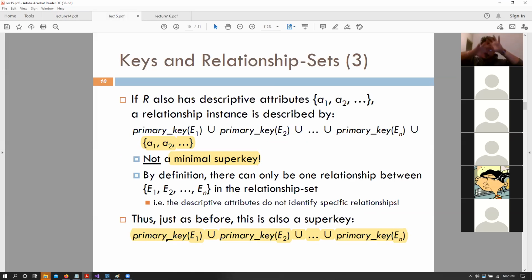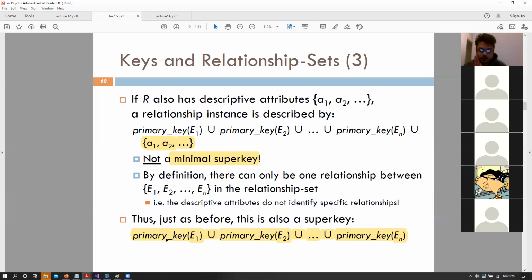Let's just say that instead of two entity sets, we can have n entity sets. If we have n entity sets, all of the primary keys for n entity sets together would be the maximal set of primary keys for that relationship, right? Now that depends on many things. So if all of the entity sets and all of their primary keys together be the set of primary keys for the relationship,